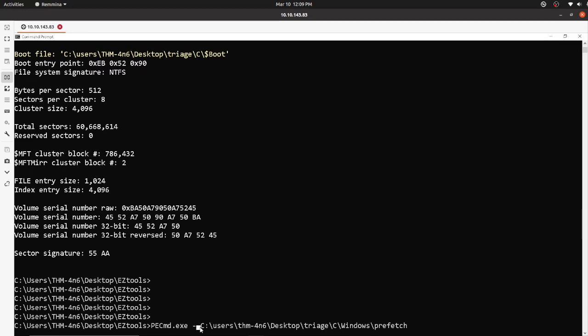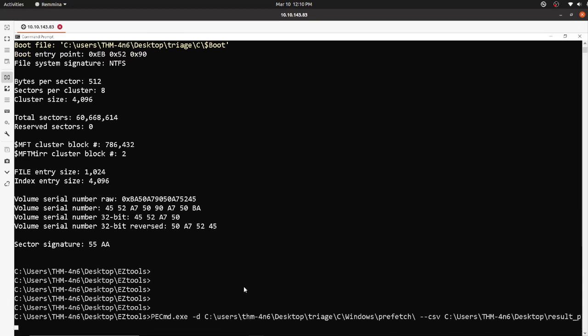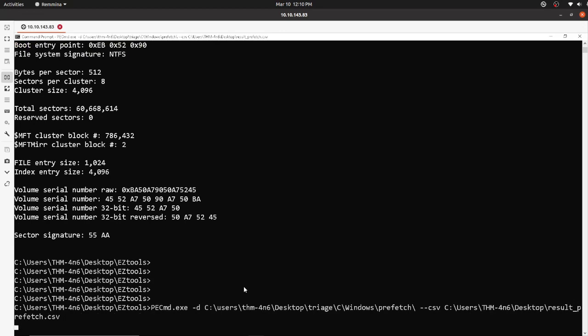So I am mentioning hyphen d here, and hyphen hyphen csv, then the desktop folder, and I'm going to store the result as prefetch.csv. Perfect. Now just clicking enter and waiting a few seconds, it will give us the result.